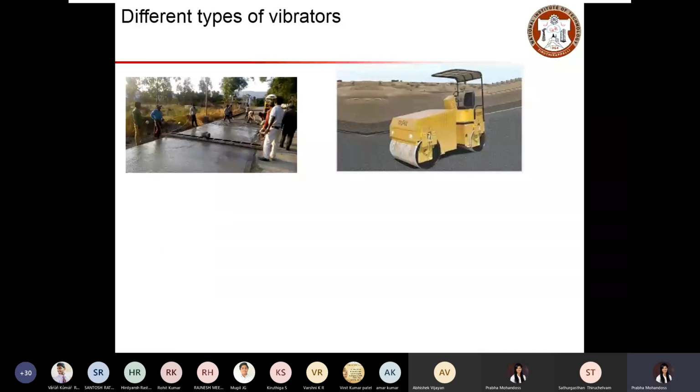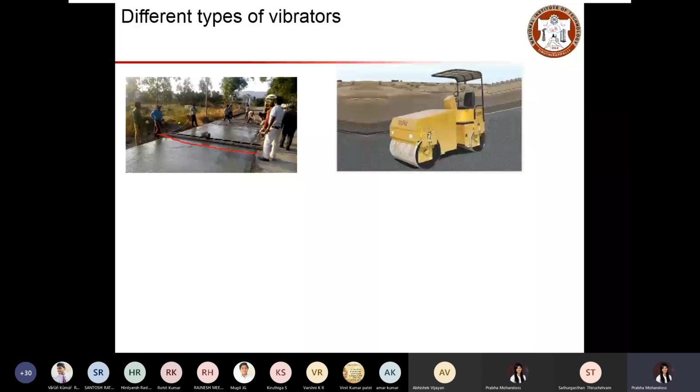This is an example of compaction using screed vibrators on a road pavement. You can see the concrete is placed, and the screed vibrator is kept on the surface of the concrete, with a motor here. It vibrates, and after a certain time it can be moved horizontally until the point where the concrete has to be compacted. You can see the surface finish in this region.